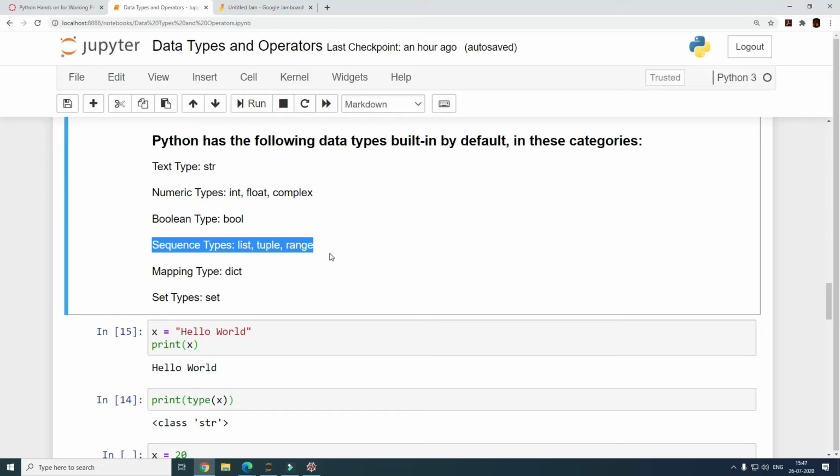So this is just an introduction as to how we can define a list, a tuple, a range, and a dictionary, and then we will move on, because right now we are just introducing all the data types. We are not looking at how to use them or manipulate them. One last data type is set, and we will see how to define a set. So let's start with the first one, which is str, string,